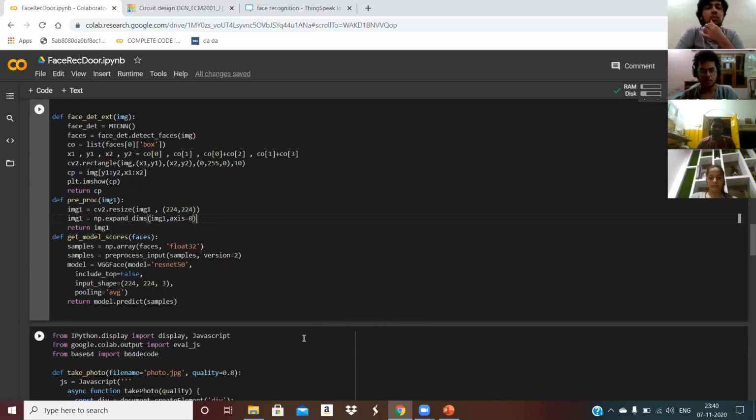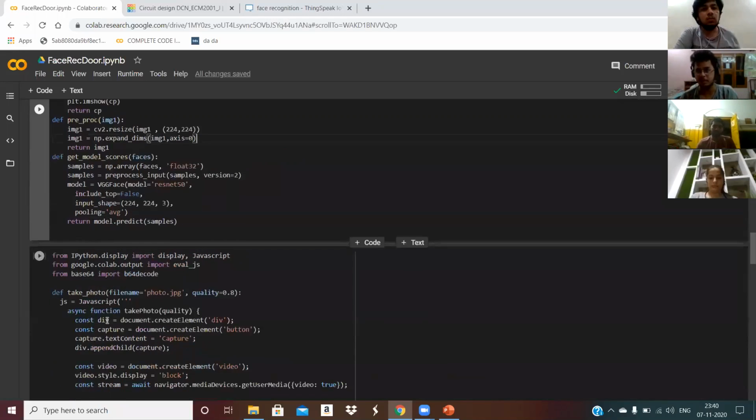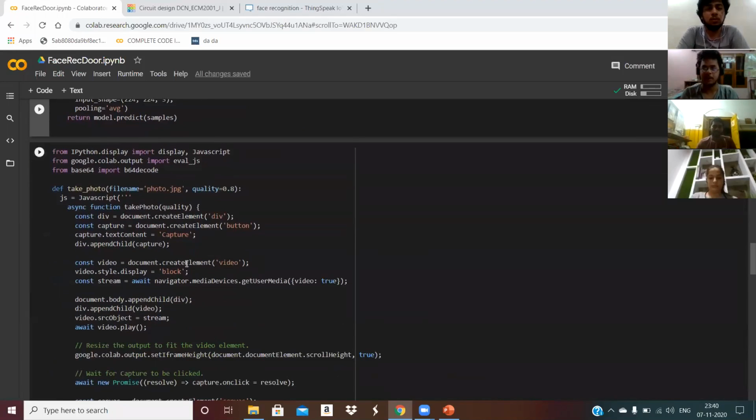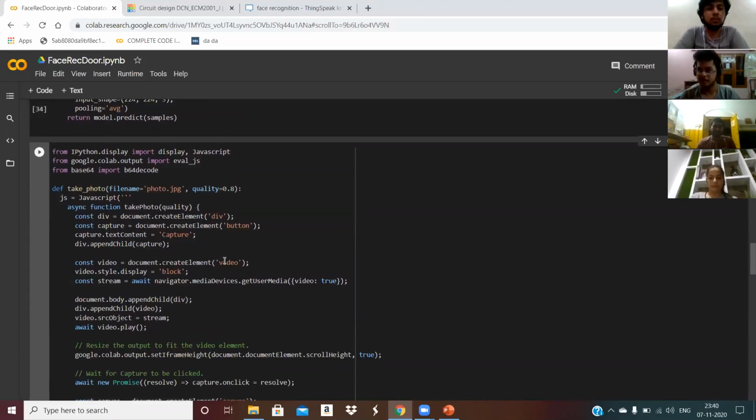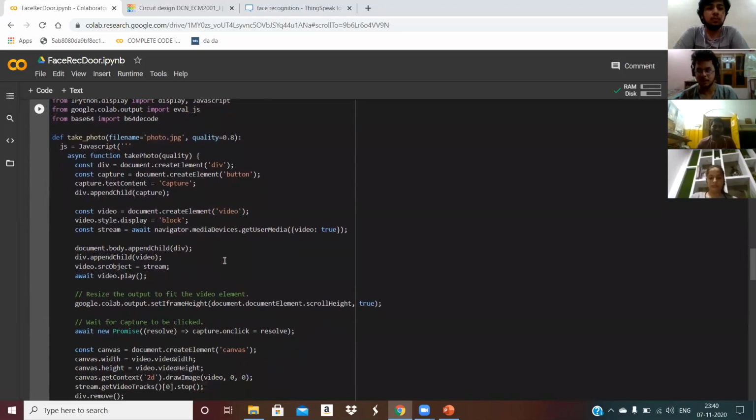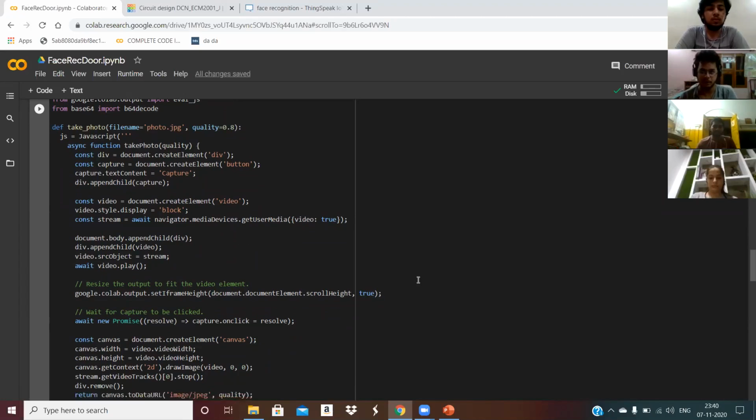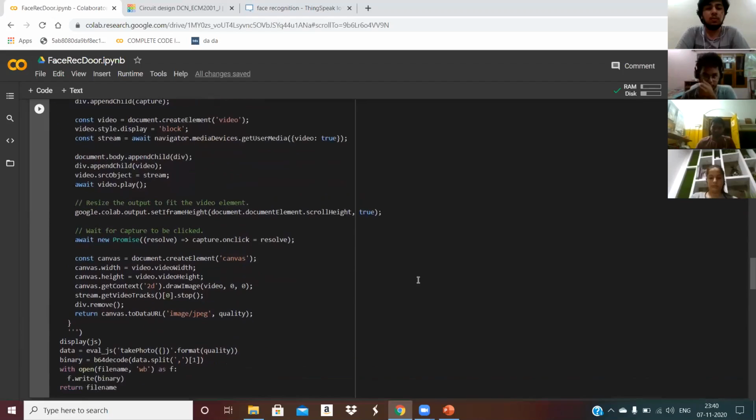Now moving to the most important part of the code, the third part. What is that? It's also a datagram algorithm. This algorithm takes a snapshot of a photo and divides it into different measurements. There are 128 different measurements of your photo, which are used to compare the person who has come to open the door. If a registered face has different measurements from the person who has come to open the door, the door will not open. How does this application work? We'll see it running over here.